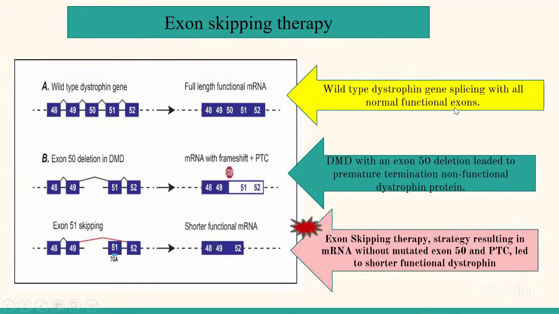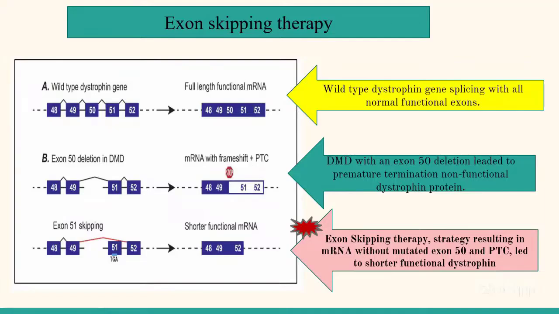So this is the normal DMD protein. First, you can see a wild type dystrophin gene, and it results in full-length functional mRNA. But if any exon is deleted, like here exon 50 is deleted, the frame is stopped here. But if you skip an exon here, which is just what exon skipping therapy does, then what happens is a partial dystrophin protein will form, a short protein, not the complete protein, and